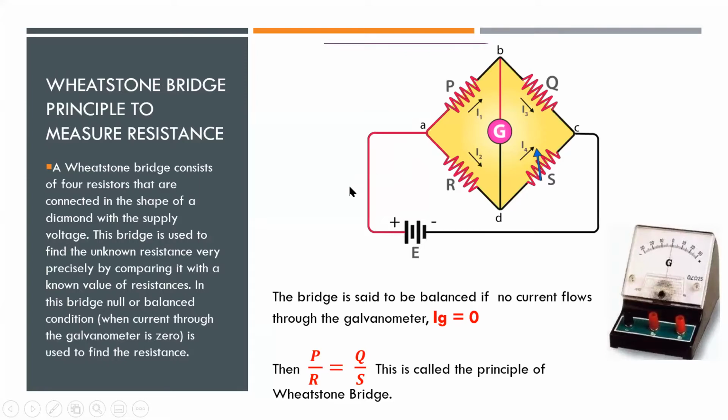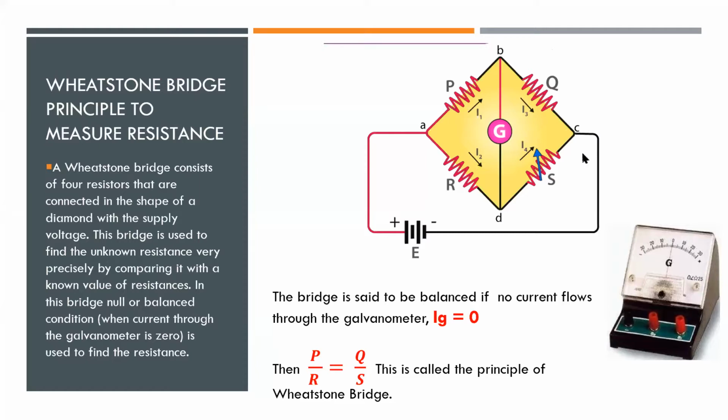So there should be 4 only, right? Yes, there will be 4 resistors. And suppose there is one resistance additional to this, a resistance in series along with P, then P plus that resistance will act as 1 arm. It is fine. Also, suppose there is one resistance parallel to Q, then P and Q in parallel, effectively, will act as 1 arm. So there should be at least 4 arms, and each arm will have an effective resistance.